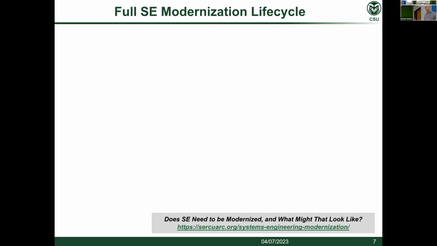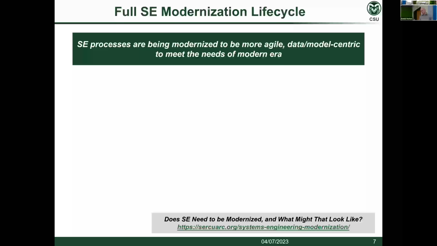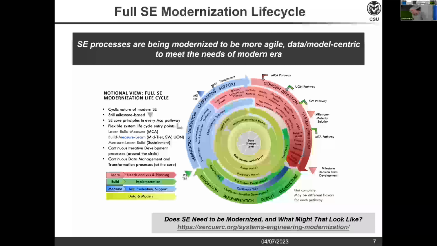Furthermore, how would a modernized life cycle for systems engineering look? A lot of experts are putting forth that it needs to be more agile, more data, more model-centric to meet the needs of the modern era. And here's one visual representation of this concept. This is representing a circle, something a little different than classical systems engineering understandings, where we would want this more circular definition of how both the system development evolves as well as the system is maintained over time. And this layering is key to this perspective here.